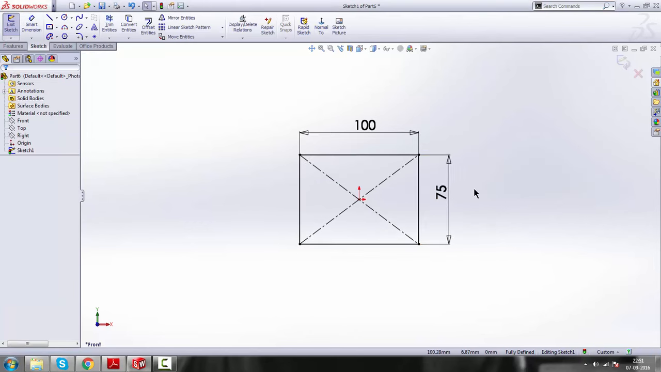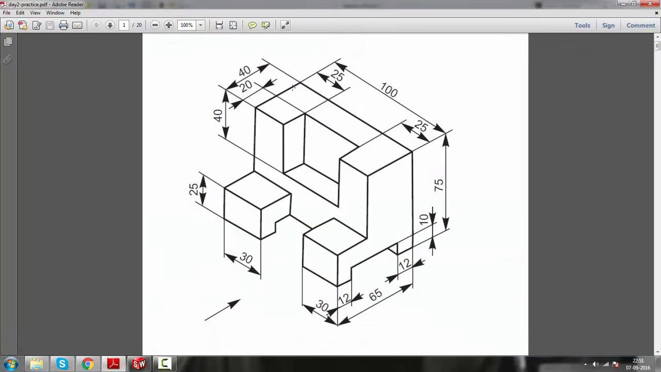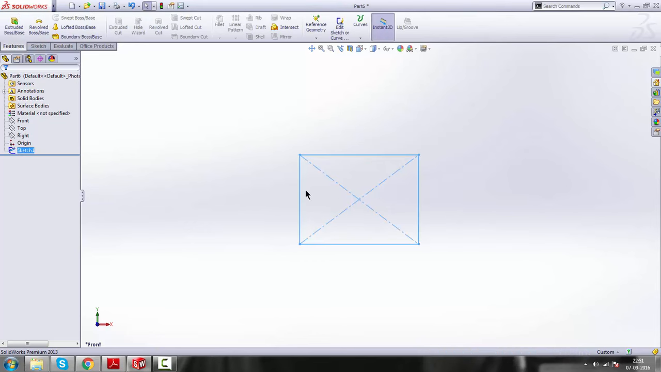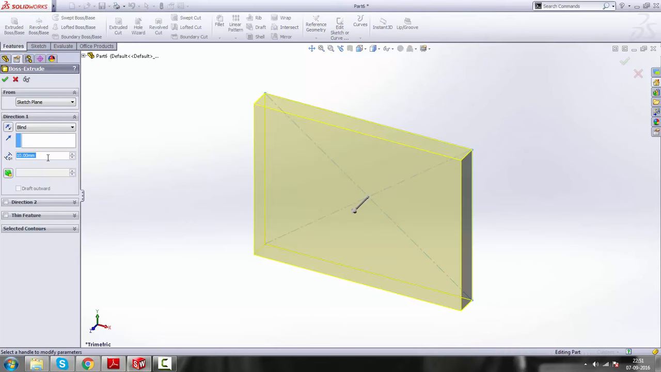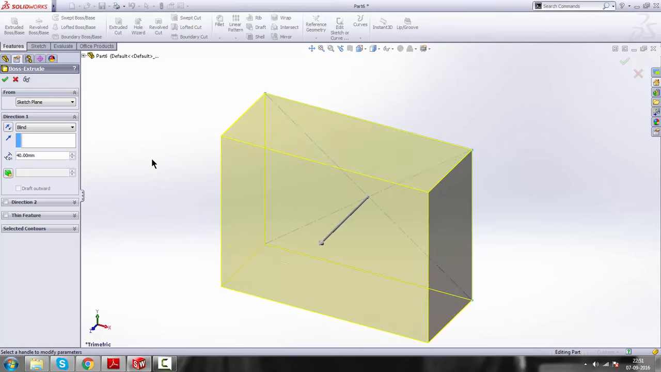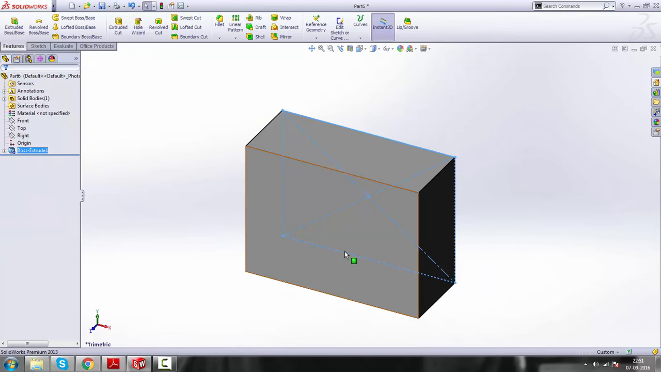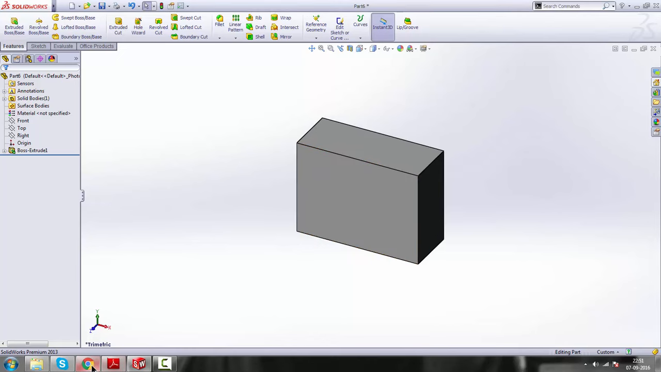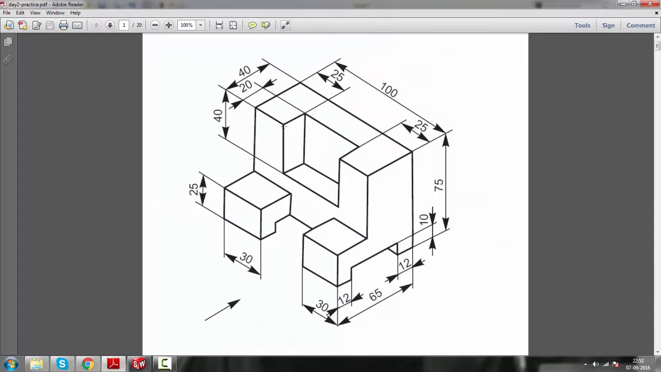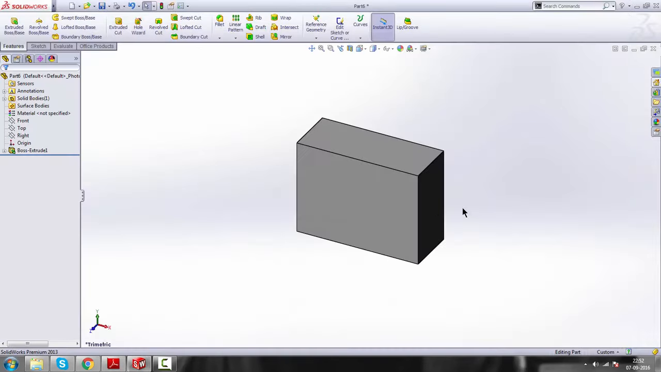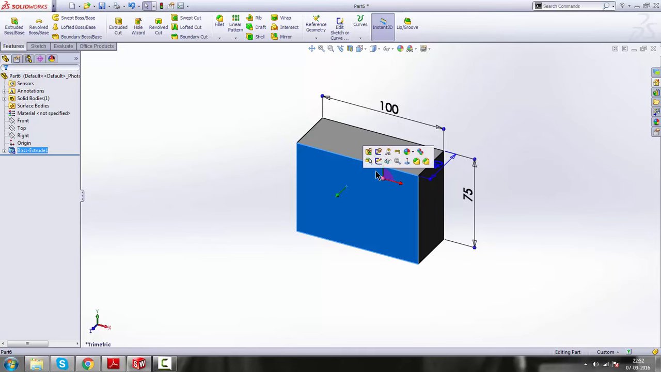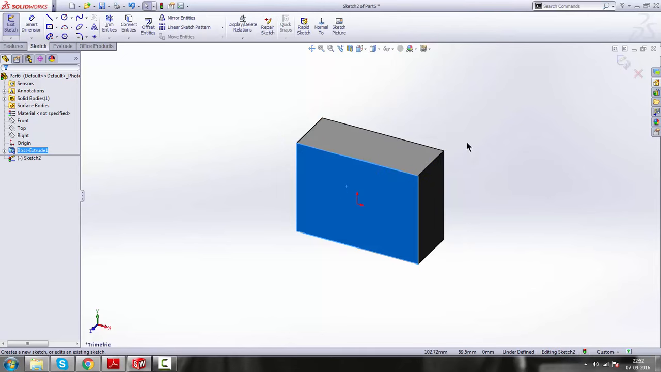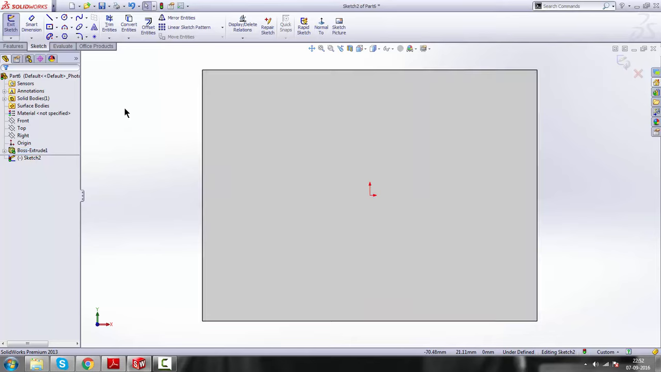Select, and as you can see, the extrusion is 40, so we'll extrude it 40. Get out of the sketch, extrude 40, select, okay. So we have extruded it 40, and now as you can see here, there is a section which is cut out. So we will make a sketch on this surface, and then click sketch, click on normal tool, and then